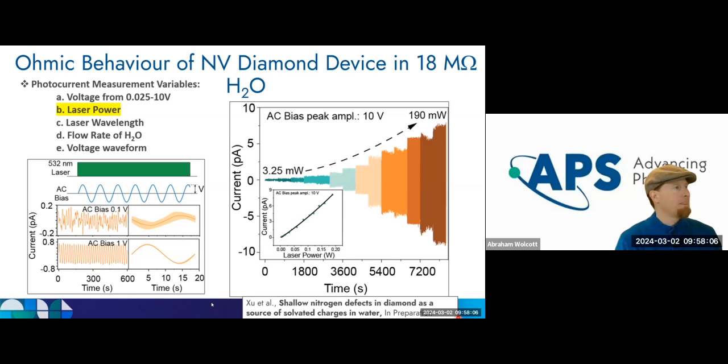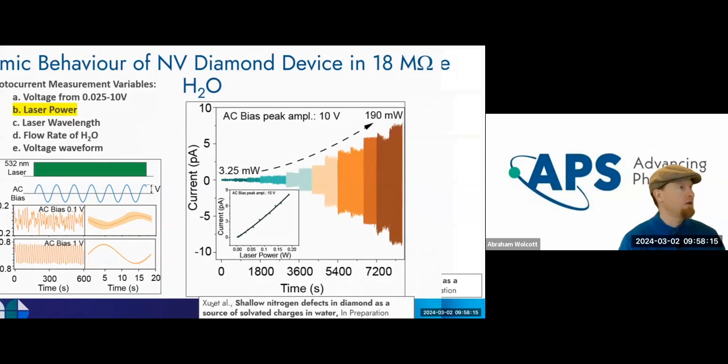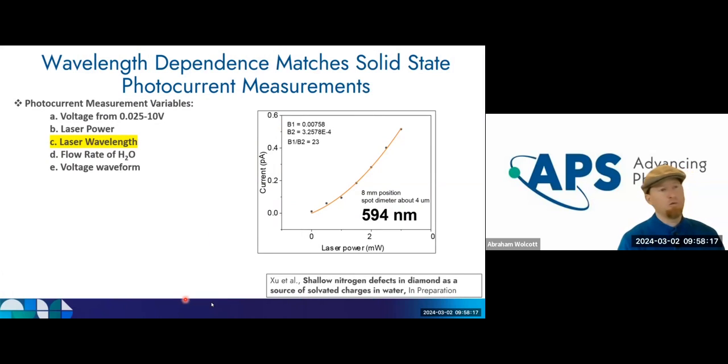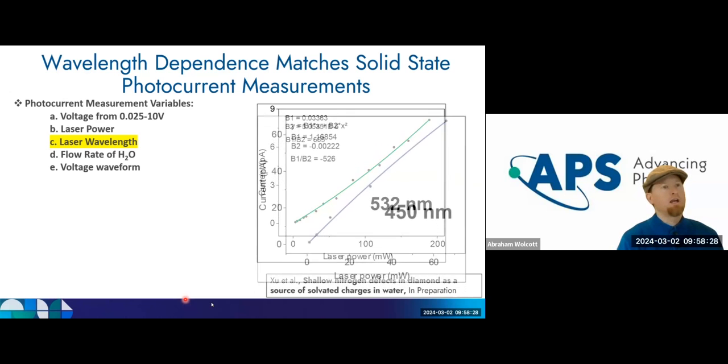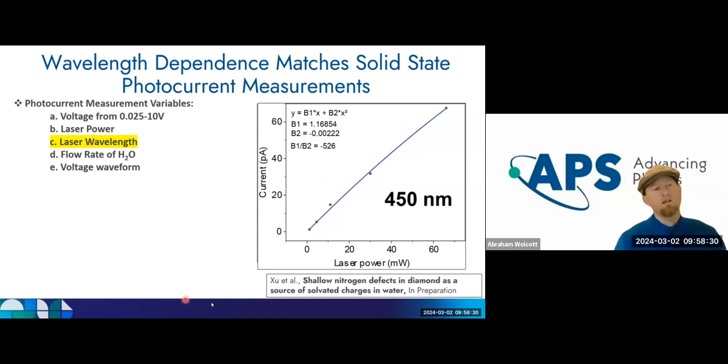membranes. Now, the next thing that people would ask is, well, how can you verify that it's nitrogen vacancy centers? It could also be P1 centers or substitutional nitrogen. Then we use different laser wavelengths. We use things all the way down to 630 nanometers, but I'm highlighting photocurrent at 594, 532 nanometers, as well as 450. Once we get into the blue regime, we should have a one-photon photoionization of both NV centers